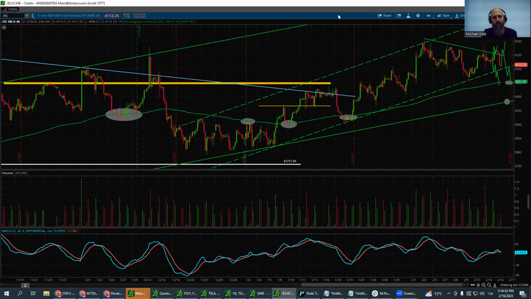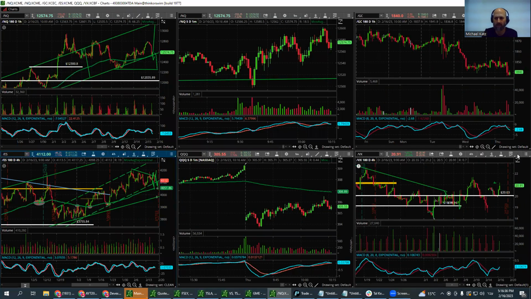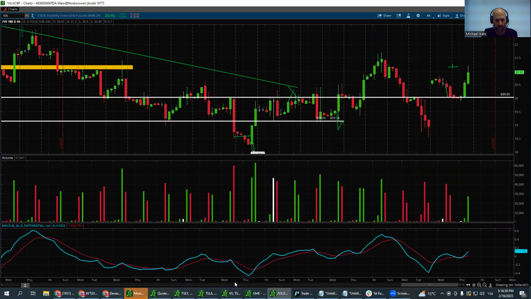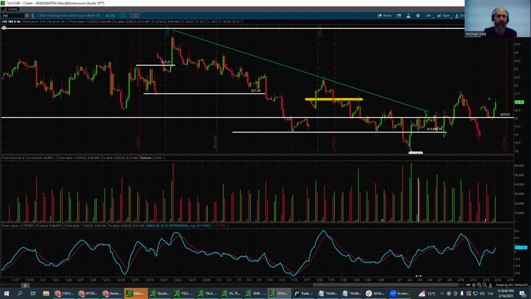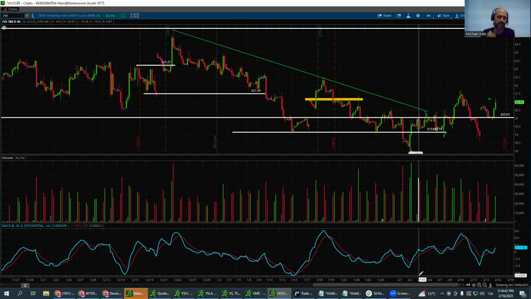Another one to look at is the VIX, the volatility index. And that's a great indicator for understanding what the market, the S&P, will do. As you probably are aware, the VIX and the S&P work in a negative correlation. So every time the S&P is moving higher, the VIX is dropping down, and the opposite.